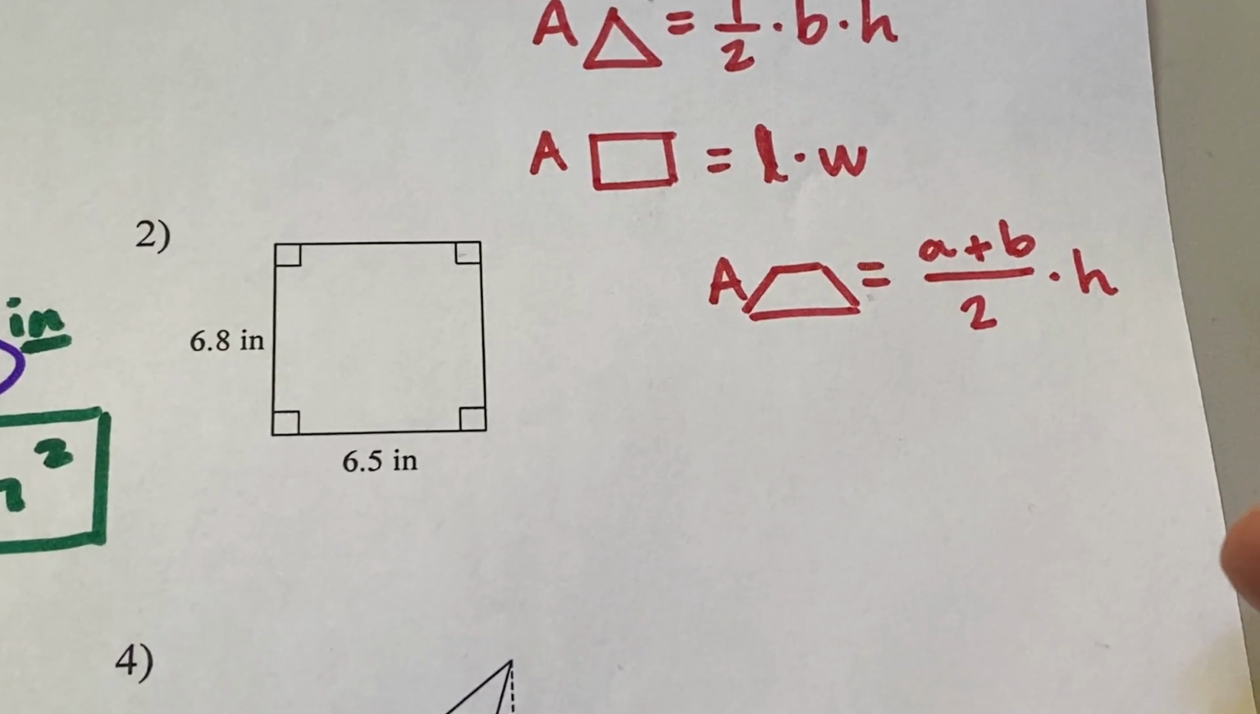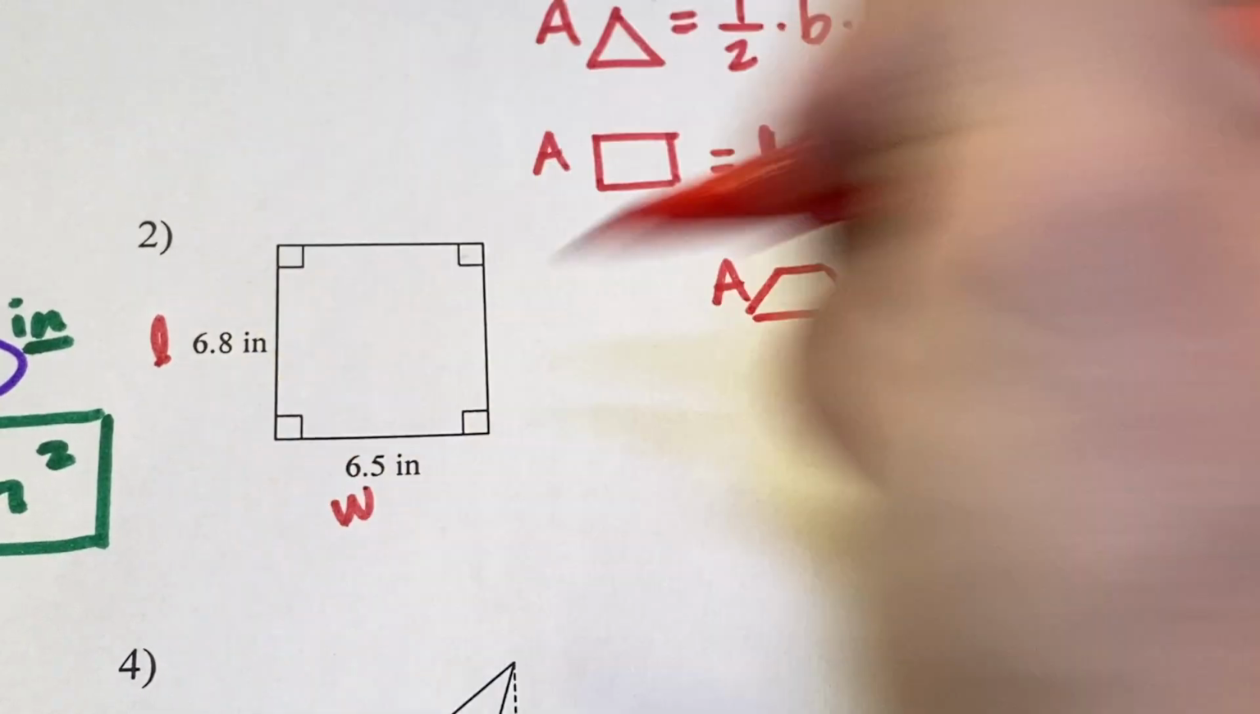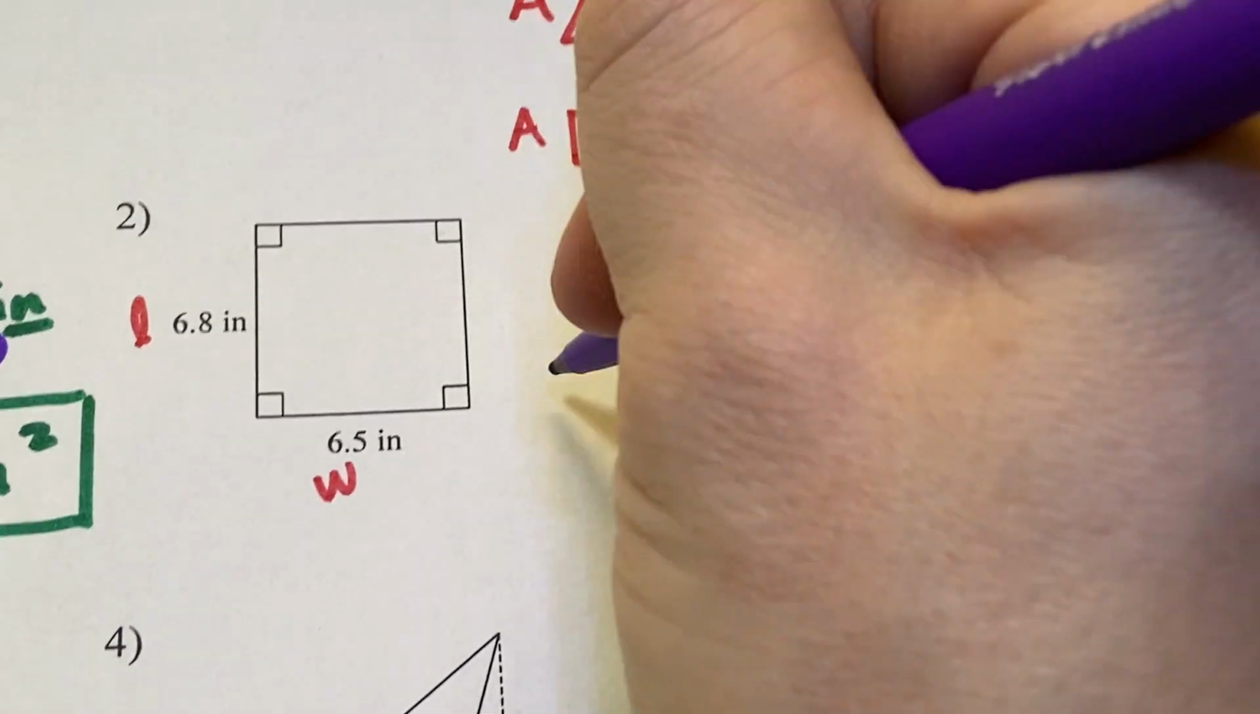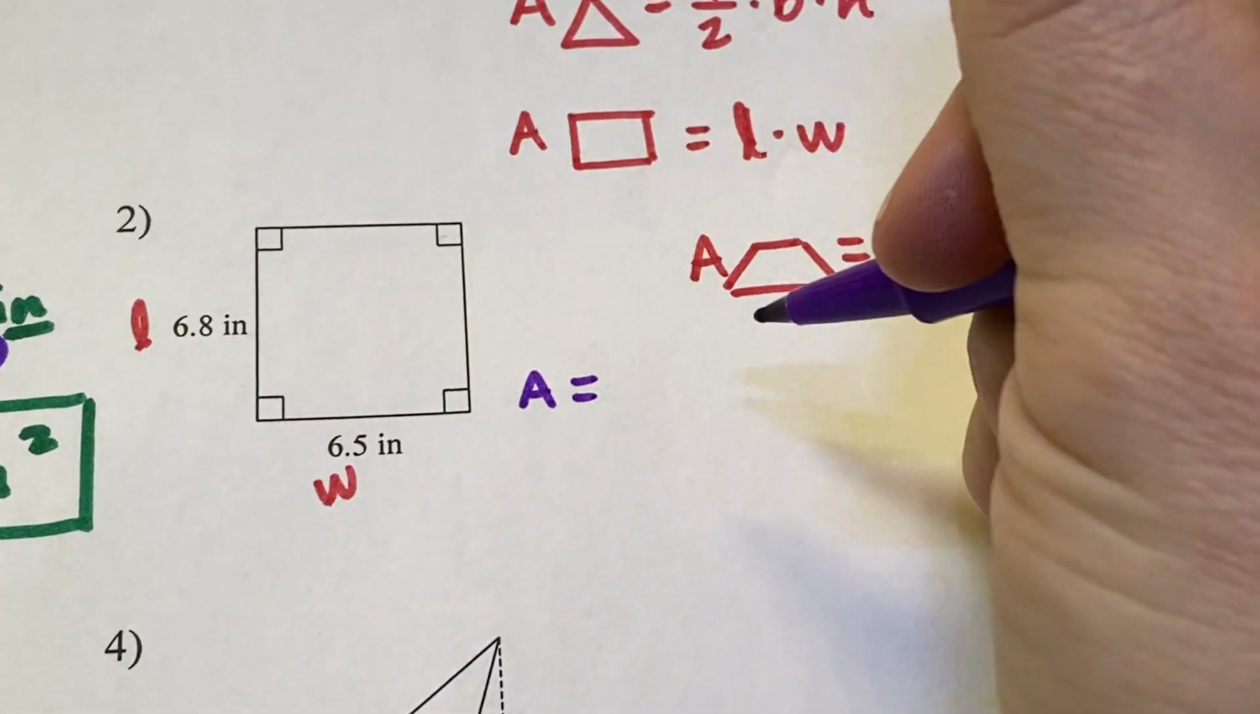Does it really matter? Just times it. It actually doesn't matter. That could be my length, that could be my width, or vice versa. Okay, so let's go ahead and just multiply those together. Area equals